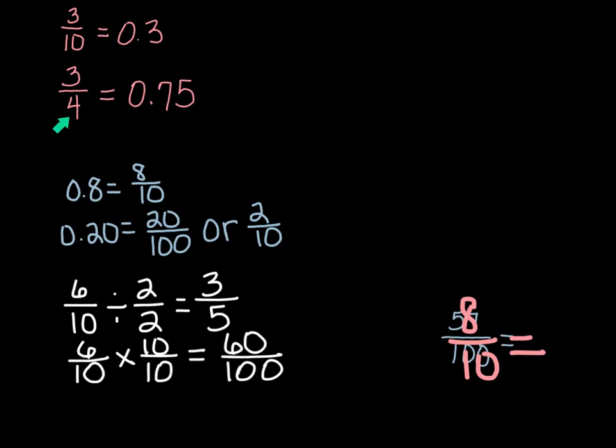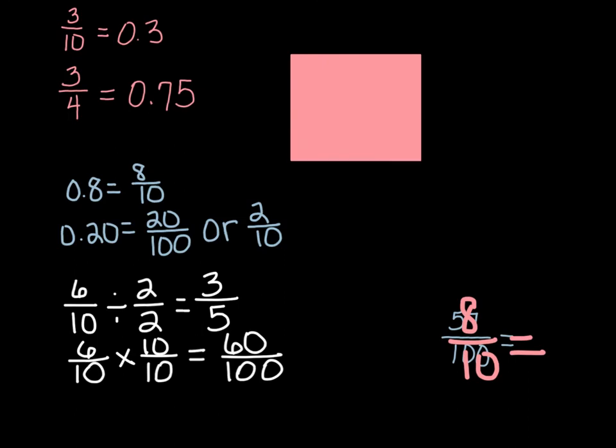Then we have 3/4. Now this one's a little bit different because it's got 4 as our denominator. So when we think about how does that work, well, there's a couple of ways that we could think about that. We could think about that as a square, that if I divide that into 4 parts, right, we would have 3 of those parts shaded